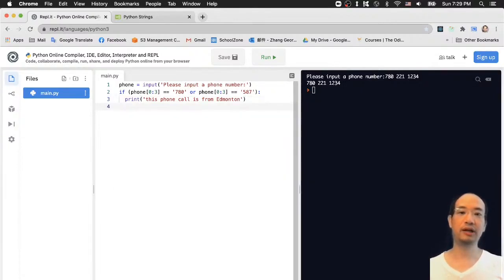And you can continue to do like this. For example, you can use else if. In Python, you can use something called else if